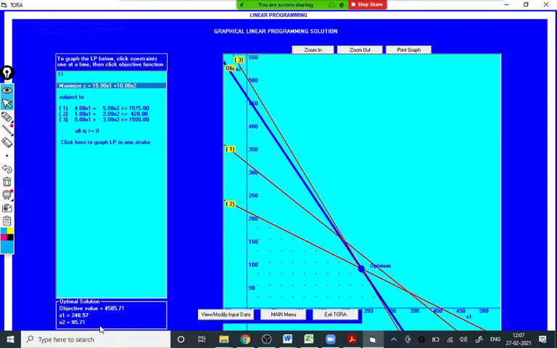Generally, whatever questions are coming in exam, you can see the questions. Already I uploaded a few recorded sessions on TMLMS of old question papers on the graphical method, and you will come to know that questions are really simpler than this. This is a little difficult question because the numbers are a little larger. So you should take a proper scale on the x and y axis. That is the only problem. Otherwise, it's not so difficult. Only scale is a problem, and getting this intersection is a little difficult.